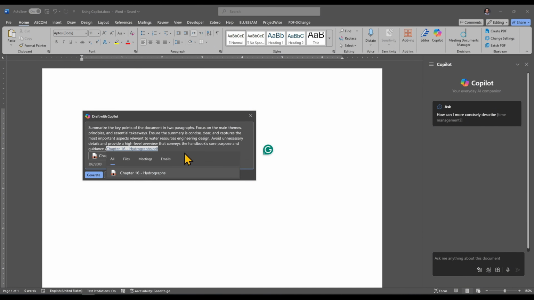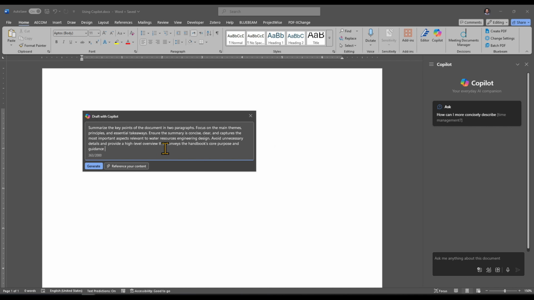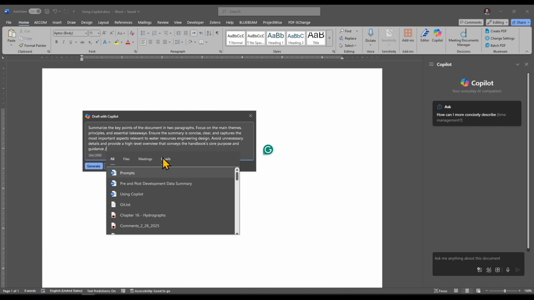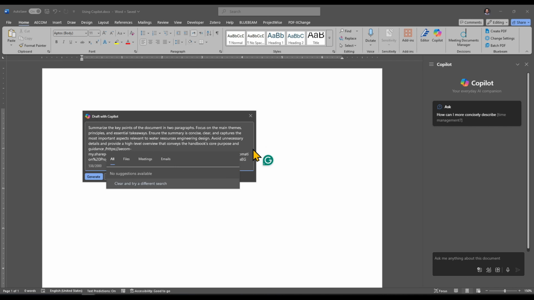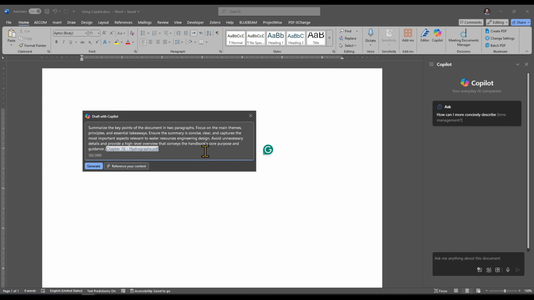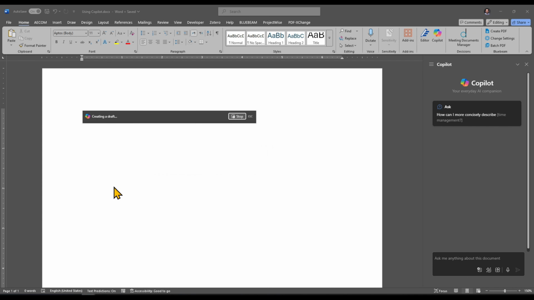And after a couple of seconds, there we go. That's the document that's been imported over here. All right, oops, once again, for some reason it goes away. There we go. Okay, so once you have your document over here, you can click Generate, and after a couple